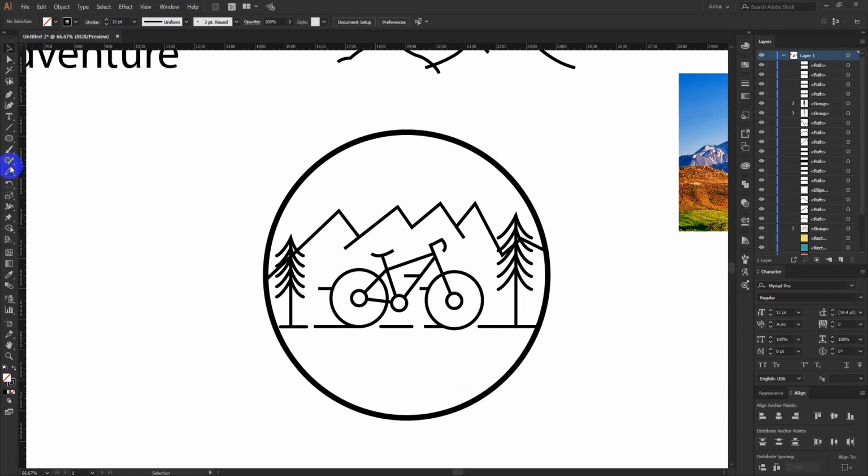Now for this area we can just make some other kind of tree elements. Something like this maybe.